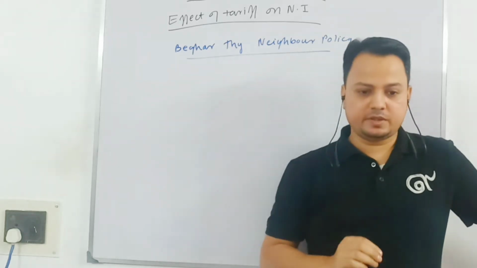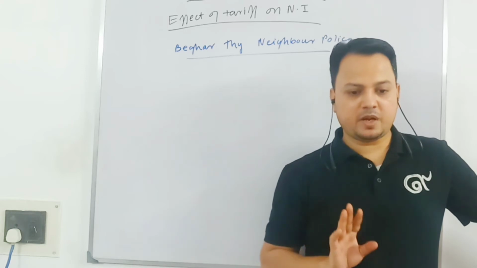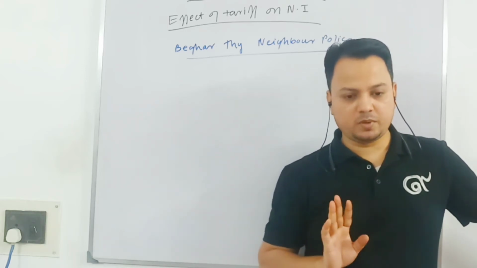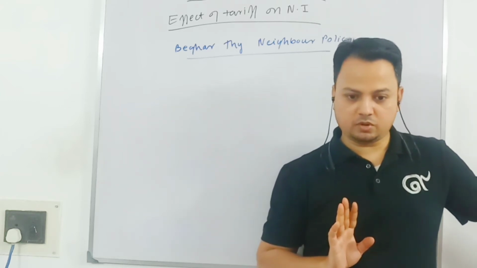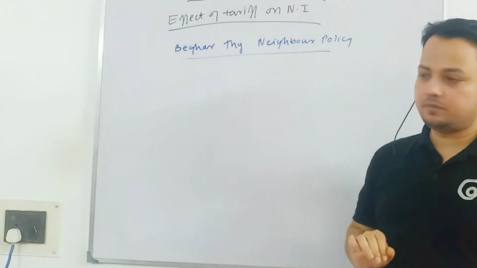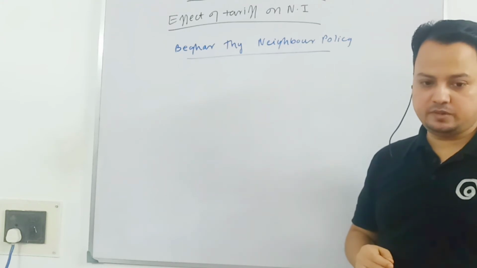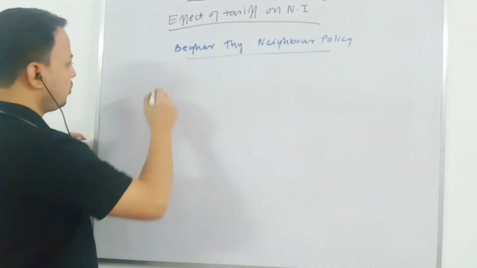Beggar thy neighbor policy refers to an economic policy taken by a country in order to address its problem, or you can say economic problem, at the expense of other trading partners. Okay, so we are going to look at the effect of tariff on national income, keeping in mind this beggar thy neighbor policy. Now in the short term,